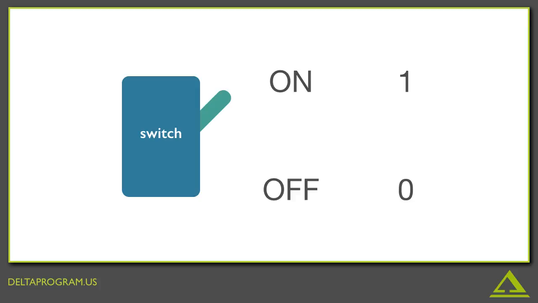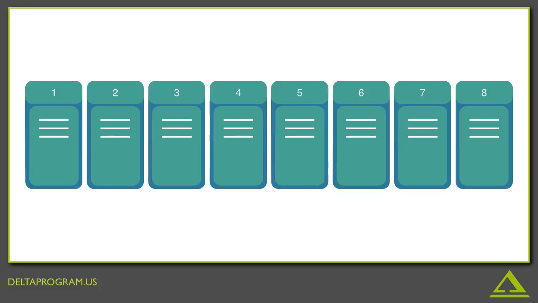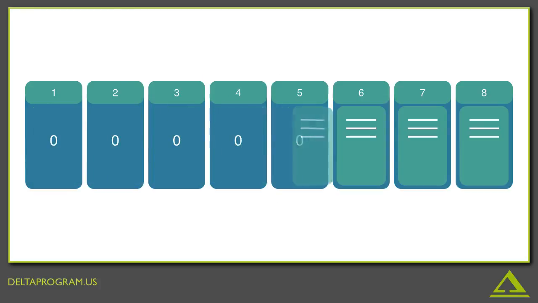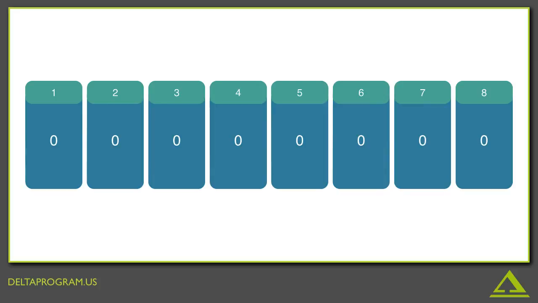So how does a simple idea like just off or on translate into all the cat pictures and streaming videos that we love so much across the internet? Well, let's play around with this language and see what we can do. Imagine that we had 8 distinct lockers, each with a switch inside of it. If we wanted to start actually counting with these switches, we could just flip the first one up for 1,